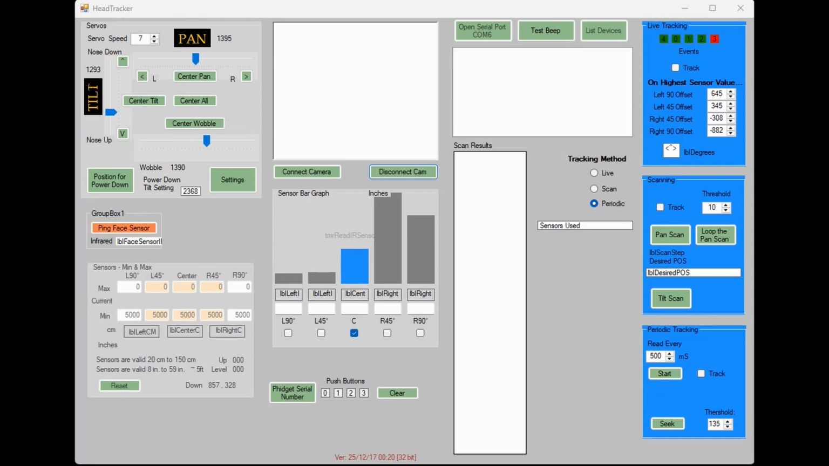Okay, this is my head tracker application that I wrote. I wrote it to basically test out a bunch of stuff. And it connects to the servos, it connects to the sensors in the head, the infrared sensors. And I showed you this big white spot. It's supposed to connect to my video camera, but I had it on the old computer and it slowed the